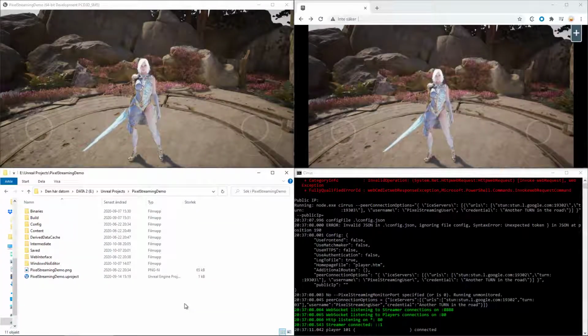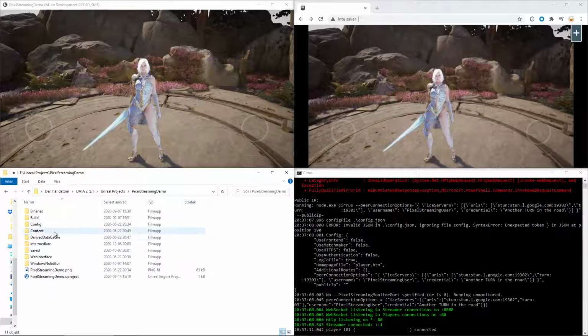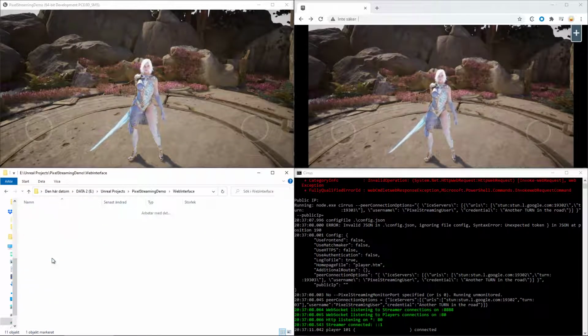The easiest way of starting to design and create your own pixel streaming website is by adding the already existing custom built website in the pixel streaming example project. You can find it under the folder web interface under the project folder.